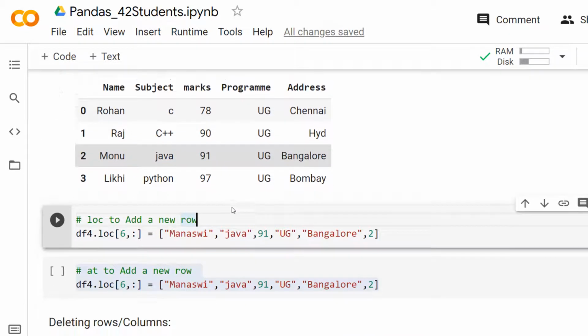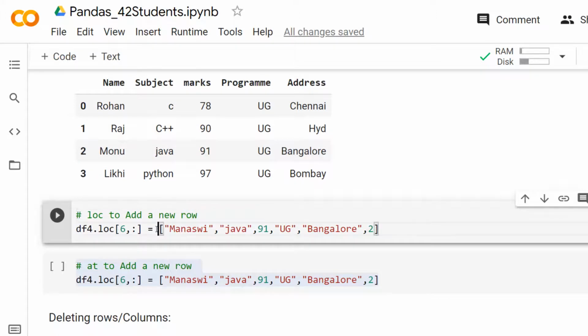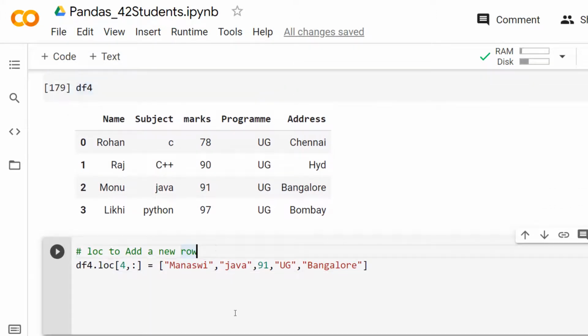Now let's add a new row to the data frame. How do we add that? We'll see that now. I would like to add the new row with the index 4. So I need to pass 4 to the location attribute, and the column position must be indicated with a colon, as you would like to pass all the elements to this row. And I am passing values across all the columns. That is, for every column you need to specify the value.